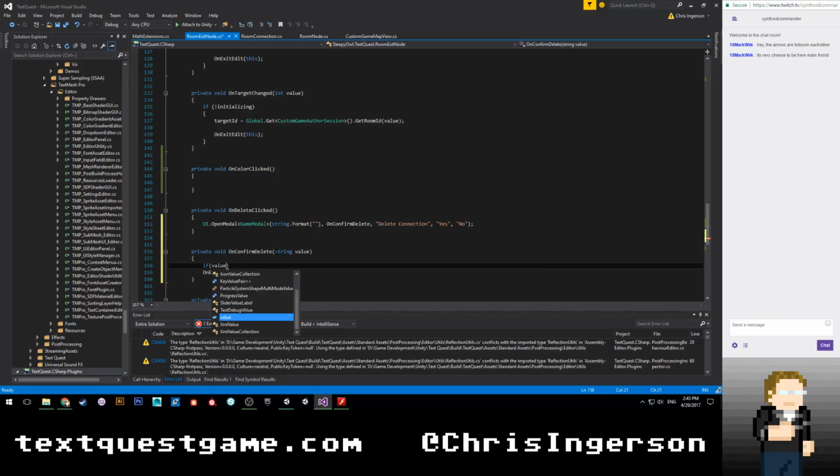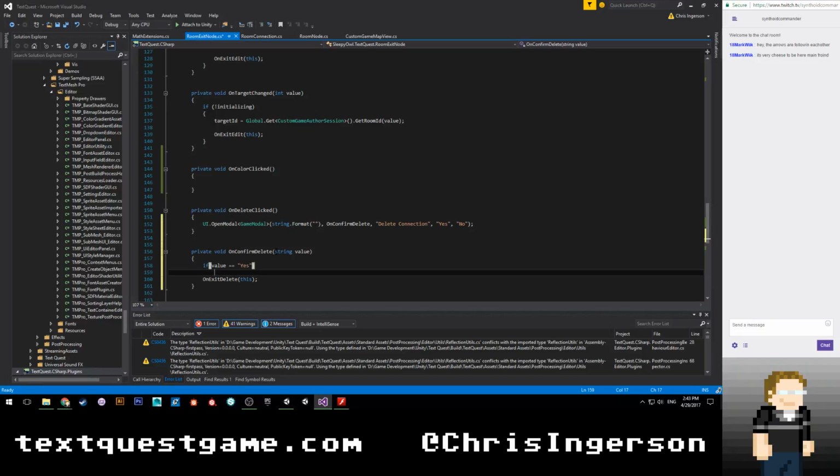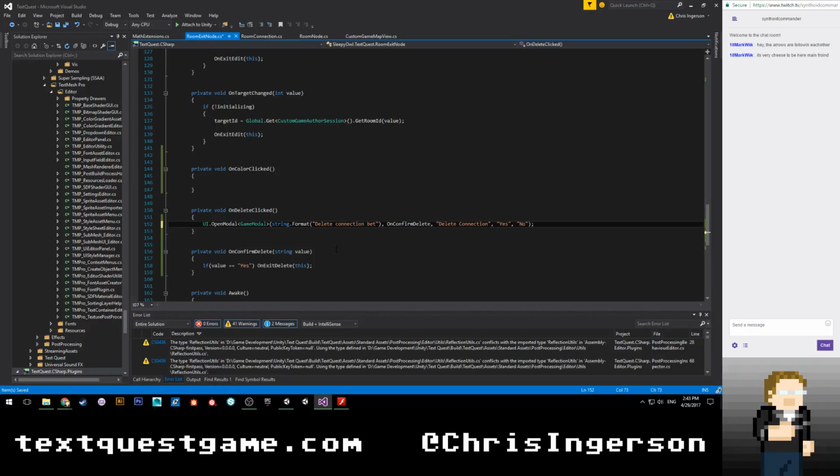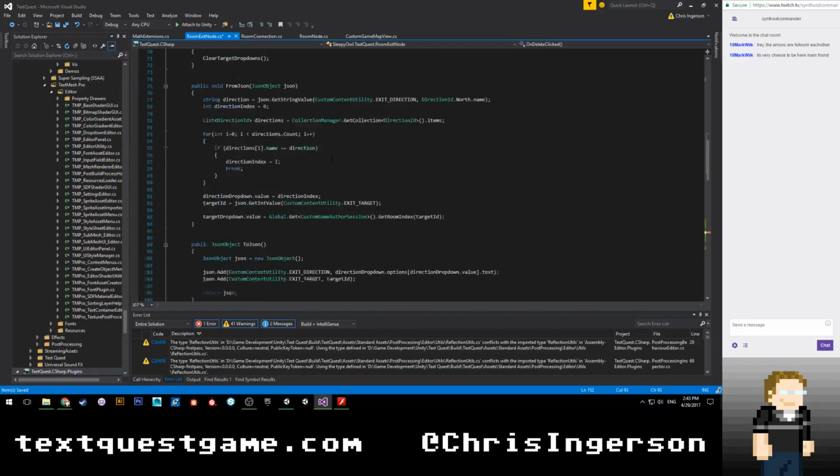If value is equal to yes, no, we'll just do this. Ta-da! Alright, and the actual thing we're going to be formatting is delete connection between 0 and 1 question mark, and that will be, let's see here,